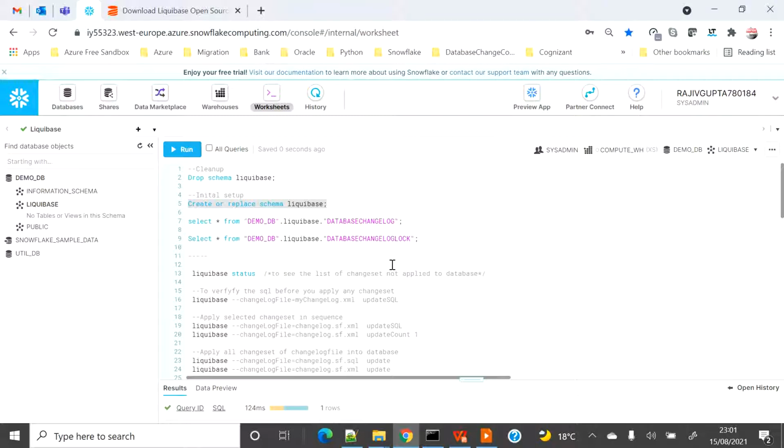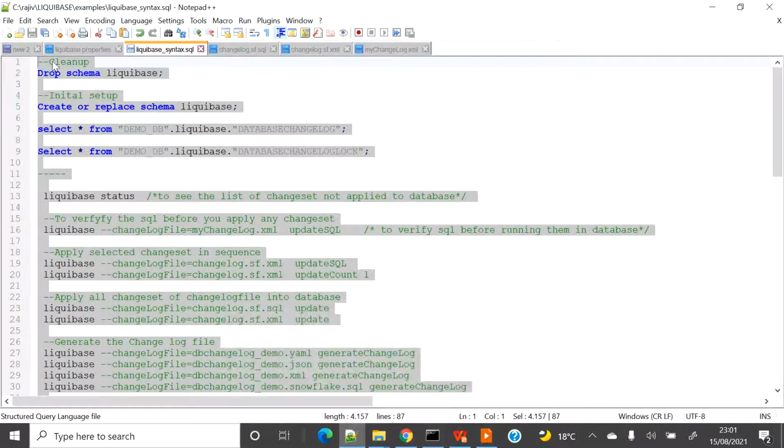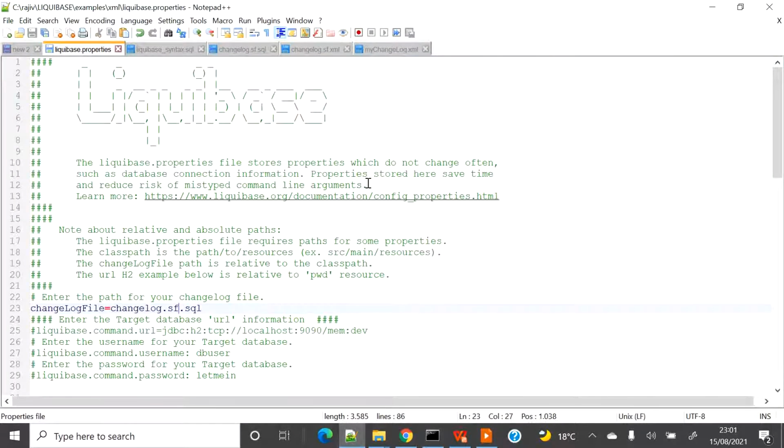So first of all, when you install Liquibase, a property file gets created, liquibase.properties. All the parameters like username, password, driver name, URL and everything which are not going to change, you can store inside this property file. Obviously for the password and all, this is not the safest thing, but for the demo it is okay.